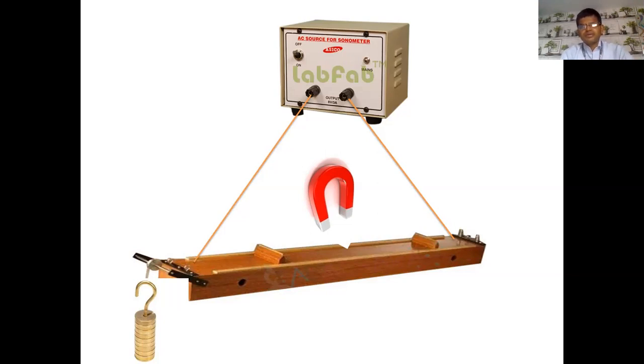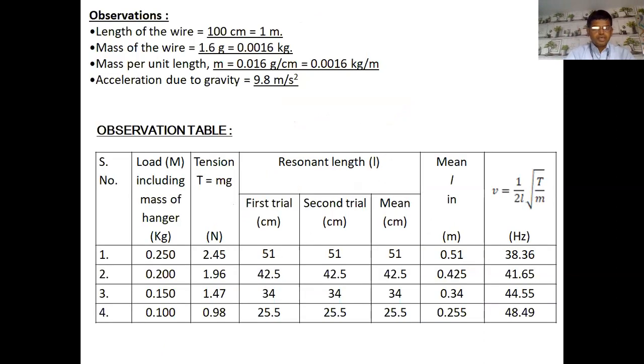So now it vibrates in place, because the AC current goes from plus to minus and again from minus to plus. So a number of higher vibrations should come on the wire, because of the magnetic field created between the wire and the magnet. Now we will show this live in the video. Now today we solve this table.